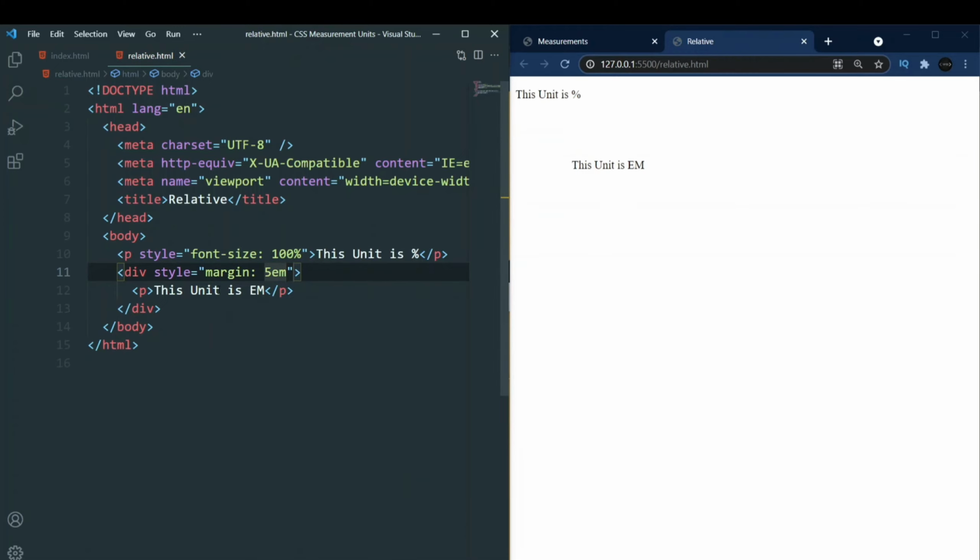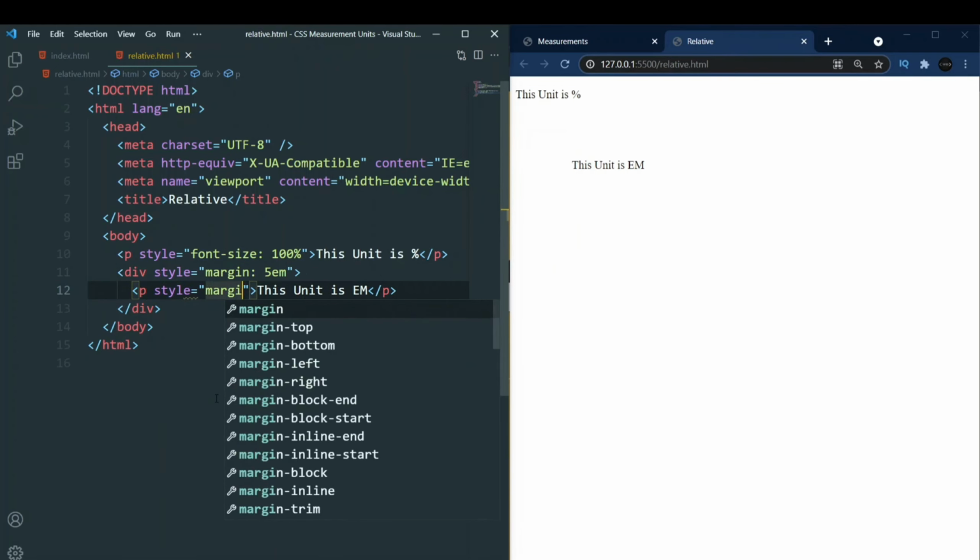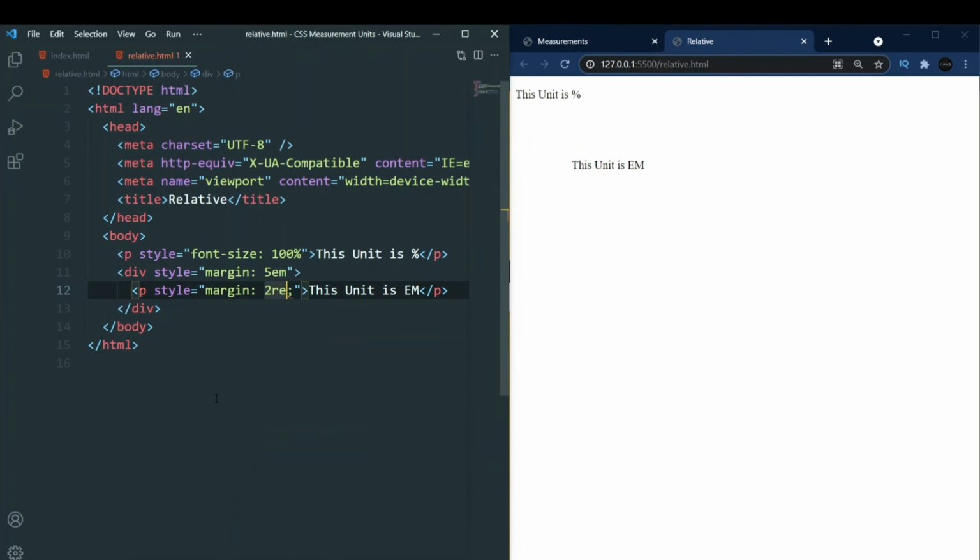So you can see it shifts right here, and we'll go inside this style tag, and again what we'll do is we'll add margin, and let's add a margin of 2 EM. So you can see it shifts even more. This is generally used with font size. EM is the font size of an element, and it's relative to the element it is contained in.